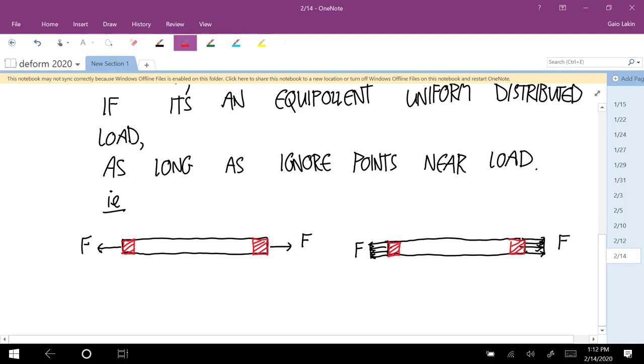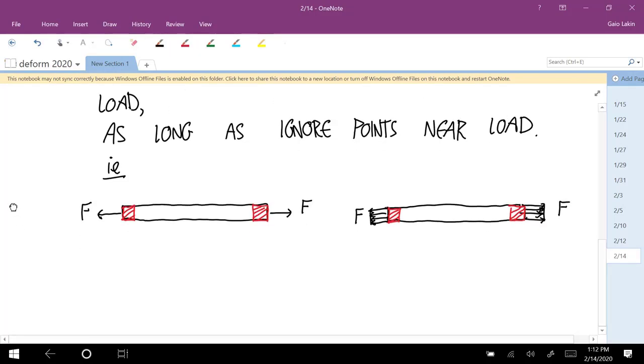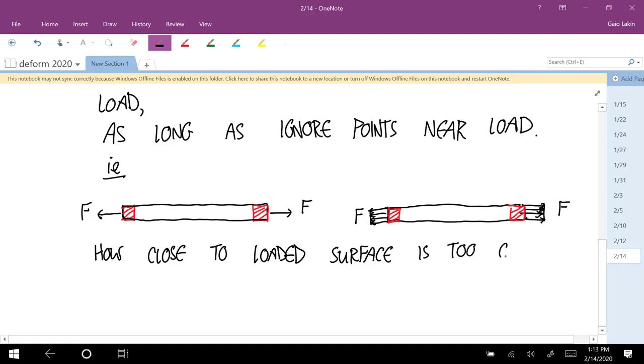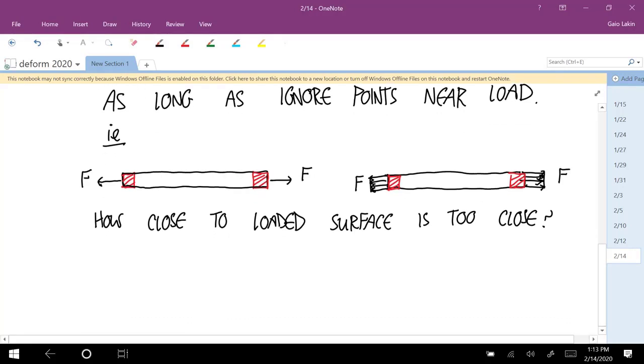All right, so if you ignore those end pieces, the stresses everywhere else are going to be the same. Okay. And then the question is, how far away do you have to go? How close to the loaded surface is too close? Well, of course, there's no absolute answer for that. It depends on what kind of precision you want and stuff like that. But the generally accepted answer is